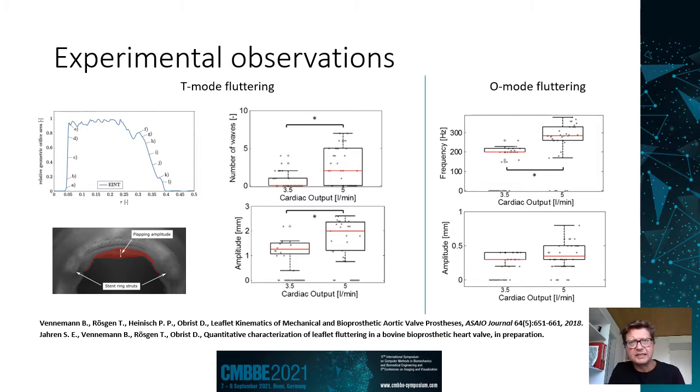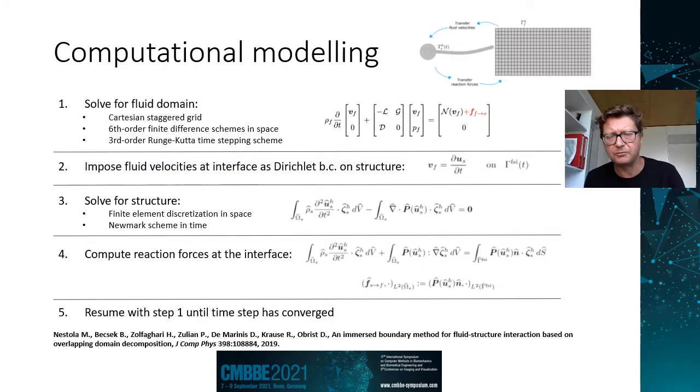In order to study this in a bit more detail, it's useful to use a computational model, and we used our own FSI solver that we developed for heart valves. It is using a Navier-Stokes solver, a high-order solver for DNS. It's using 6th-order finite difference schemes in space. We use a classical immersed boundary paradigm according to Peskin, where we transfer the fluid velocities as a boundary condition